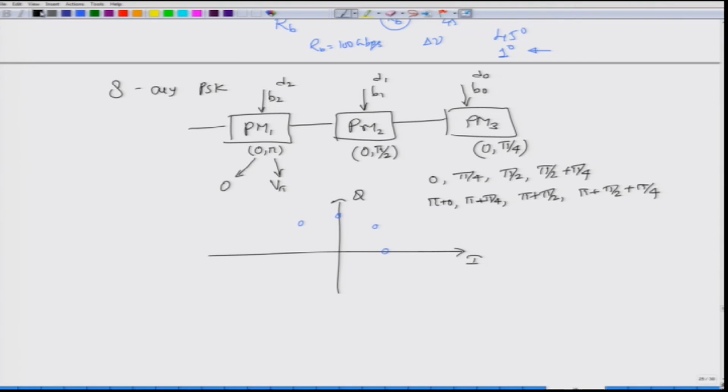So, what are the bits that you are going to get? This is for 0 0, this is for 0 1, this is for 1 0 and this is for 1 1. Next, I have to translate everything, or rotate everything, by a value of pi. So, 0 becomes this symbol, this one goes through here, this one goes to this side. You can now complete a circle over here and see that they all have to lie on a circle. Unfortunately, this is not a very nice circle, but the corresponding bits that you are going to get are 0 0, this would be 1 0,